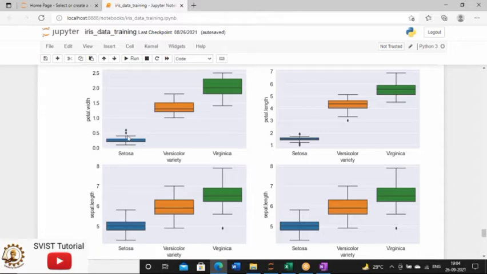Here above setosa you have some dots. Here also left lower bottom one, you have also dots. So what are these dots in the box plot? So the first point you have to remember, whenever you have some dots in the box plot, it is depicting some outliers. So what are the outliers? I have already explained. Some extreme value, whether it is a maximum value or minimum value, which is beyond the range of the usual value that exists in the column.